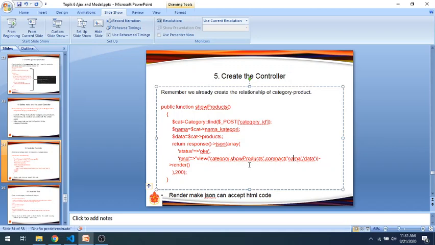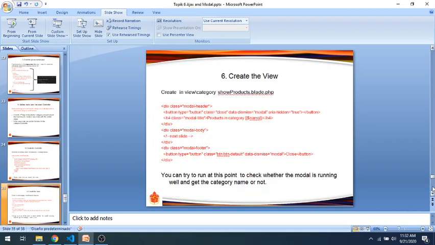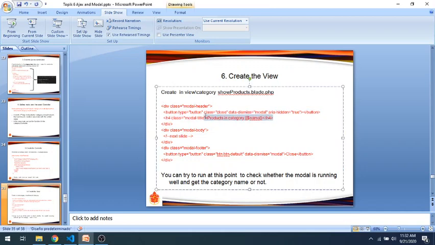So in the view we will create a more complex interface. The complex interface will reside in the view, not in the controller. This one is the view. We put the nama category in the modal title, and in the modal body there is a next slide.